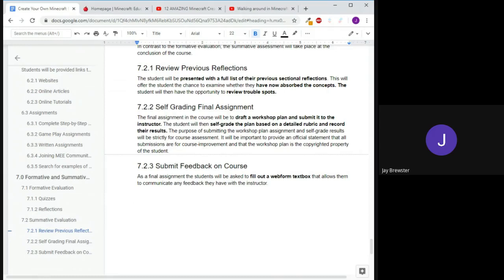This will be submitted to the instructor via a web form, but it will also be self-graded based on a very detailed rubric, and it allows them to evaluate what they've already done and decide whether it's good enough for prime time. So this will serve the purpose of giving a lot of feedback to the instructor as well as the student.